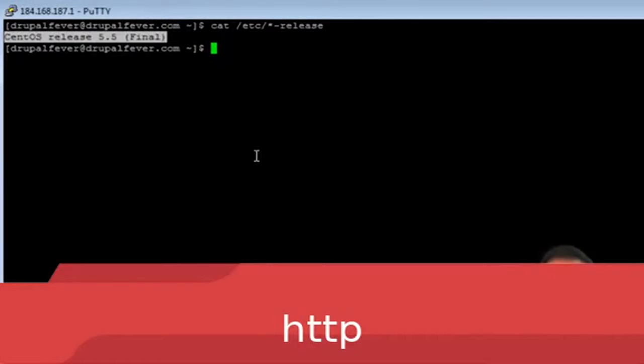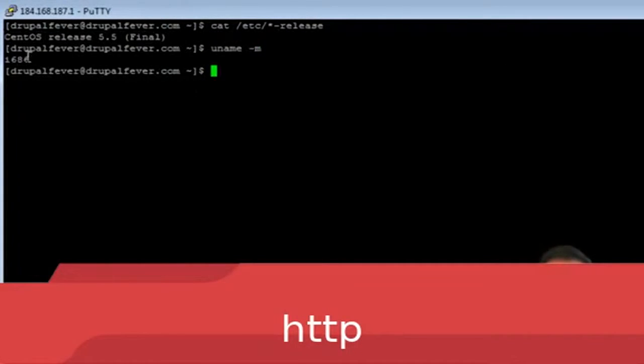But we also need to know if this operating system is a 32-bit or a 64-bit operating system. The command for this is uname -m. This command is telling me that the CentOS 5.5 is a 32-bit operating system. Now let's exit this window,